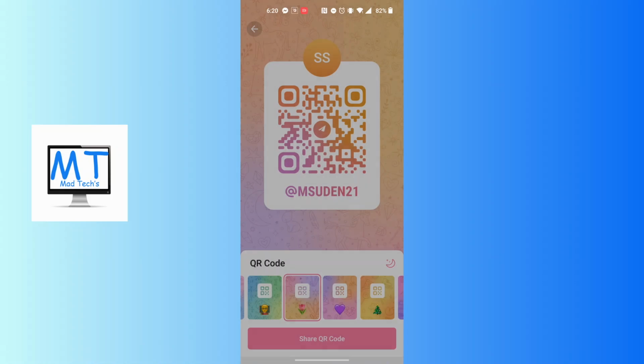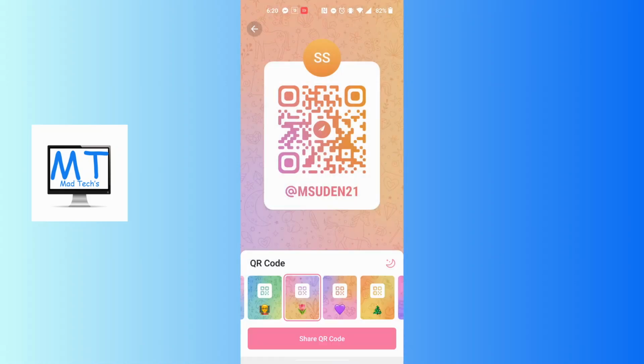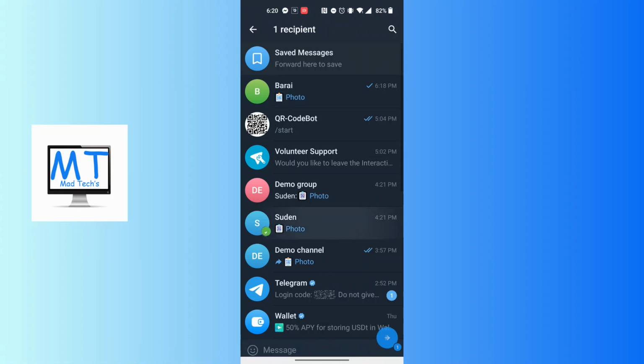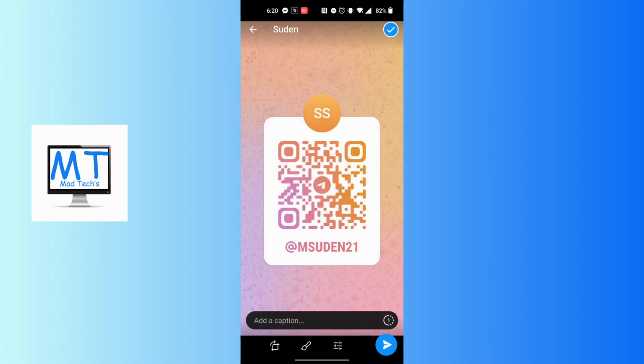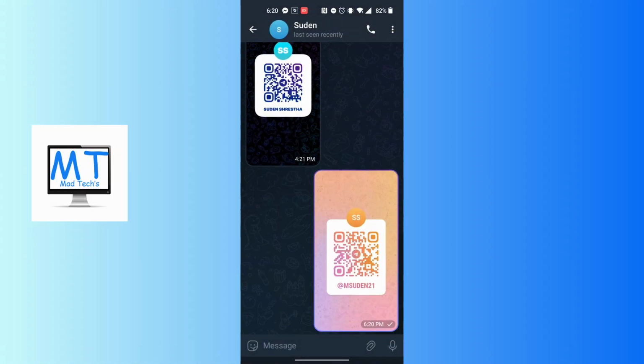Now I'll be just sending that QR code to the Telegram itself to a friend. So let's choose the Telegram over here and let's choose a friend and let's send it. And again, to send it, at the bottom right there's the airplane icon. Tap on it and that QR code will be sent on Telegram,